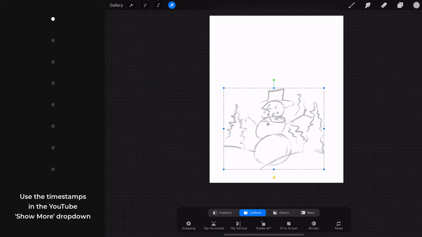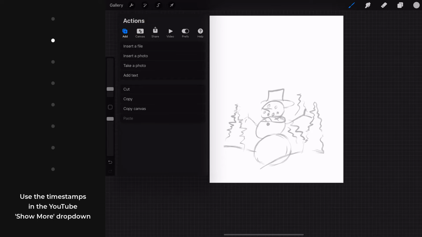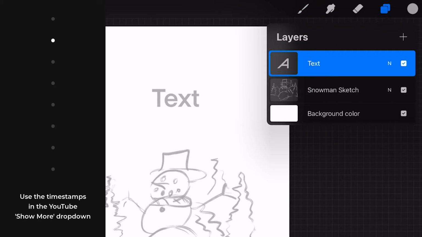Alright, that's good enough. So I'm just going to tap on the transform tool again to deselect that. And now I'm going into the actions and selecting add text. And my keyboard pops up. You get a text box with highlighted text, which you can position. And as you can see, when I tap on the layers palette, a new layer was created with an A